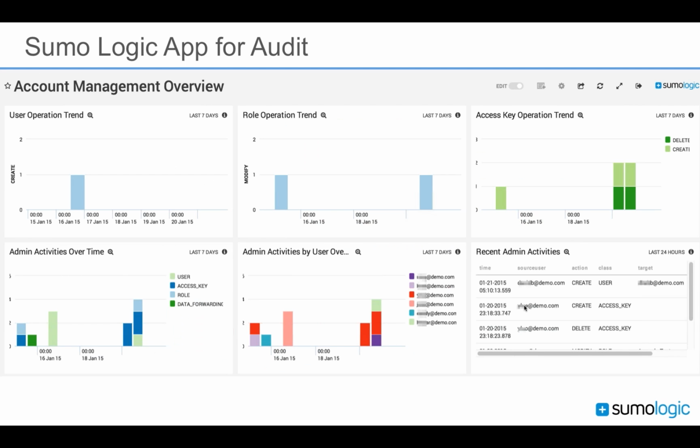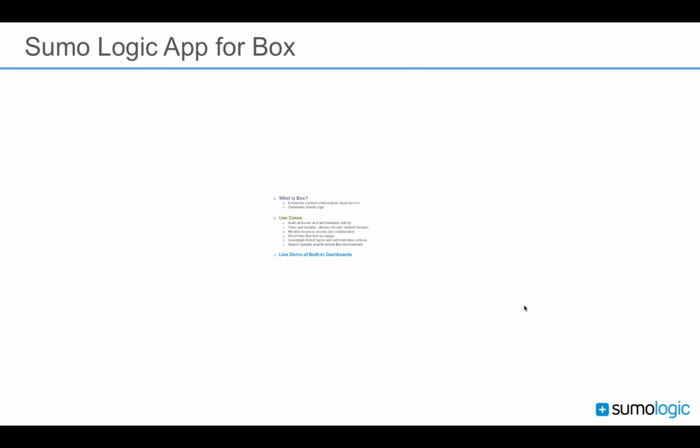Next, you also have something around account management. So this is, like I said, the administrative activity. So looking at things that people are doing, like adding users, adding access keys, data forwarding, adding roles, and tracking that over time so you can make sure that people aren't doing things that you don't expect. And then finally,